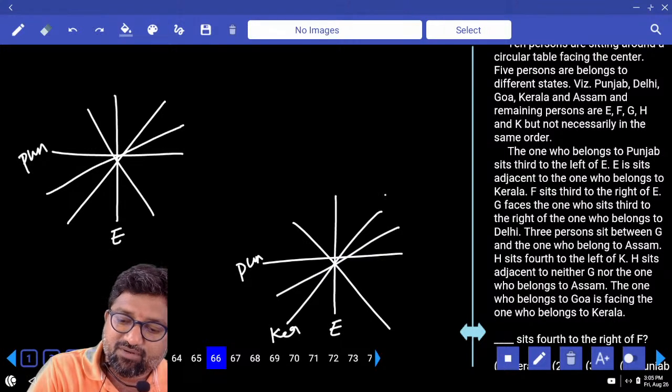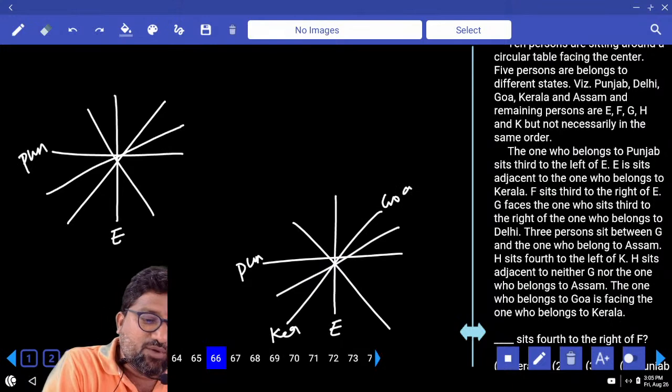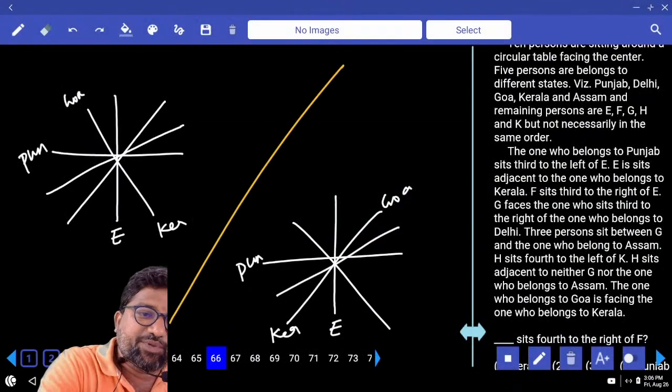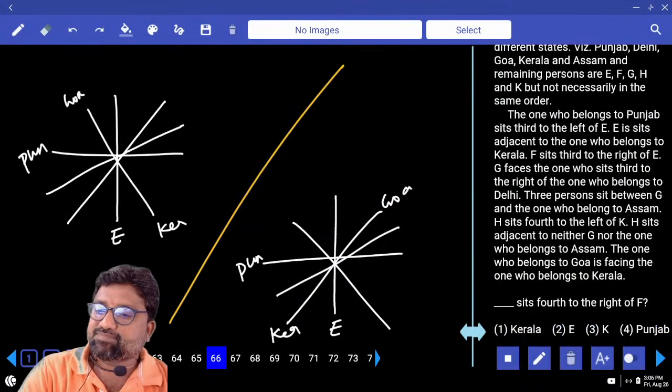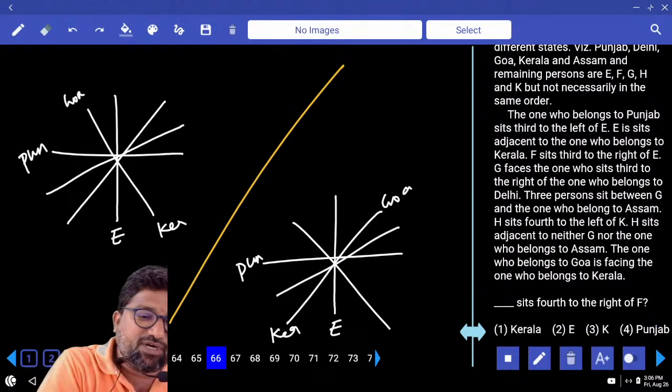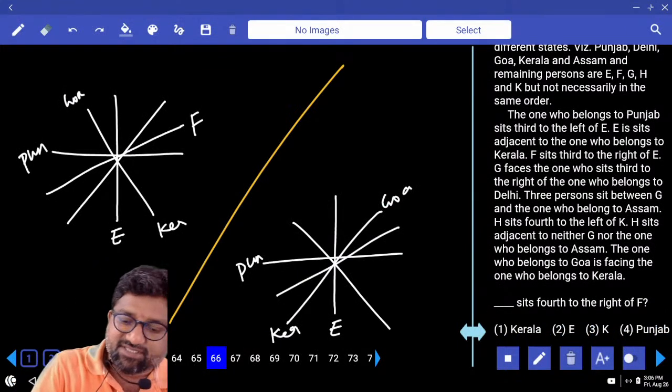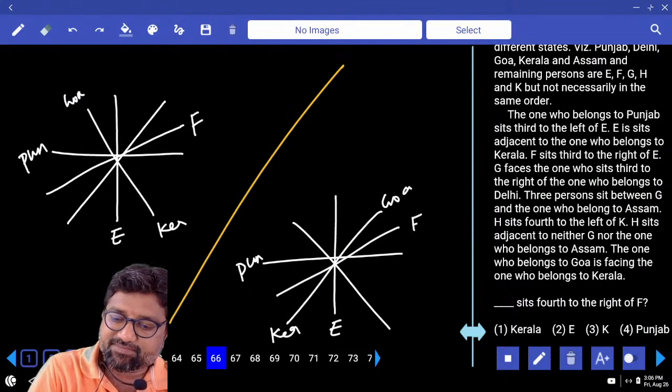Opposite to Kerala. I am going for Kerala here, opposite to Kerala. Is this clear to you all? How many possibilities are we trying now? 2 possibilities. Next line, F sits third to the right of E. F sits third to the right of E. Next,